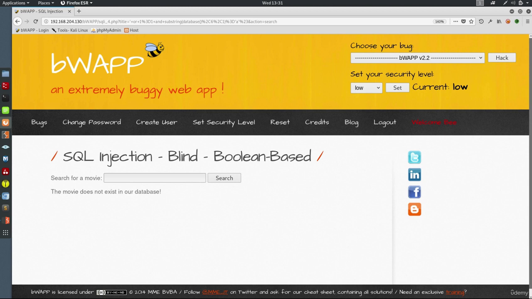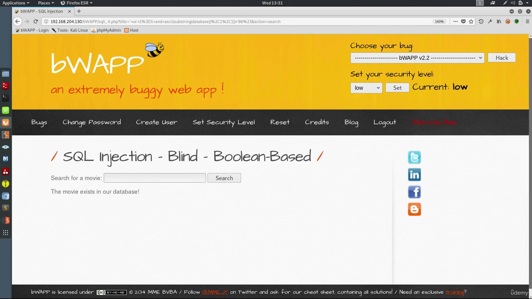So we use Boolean operators as well as some other functions to compare. Of course, there are multiple ways of comparing. This is just one of them. It checks if the ASCII value of the first character of the database name is greater than 64. Positive result. So the first character can be either a lowercase or uppercase letter. So I use this one. Now we get that the first character is a lowercase letter, and we can make a Boolean search to find